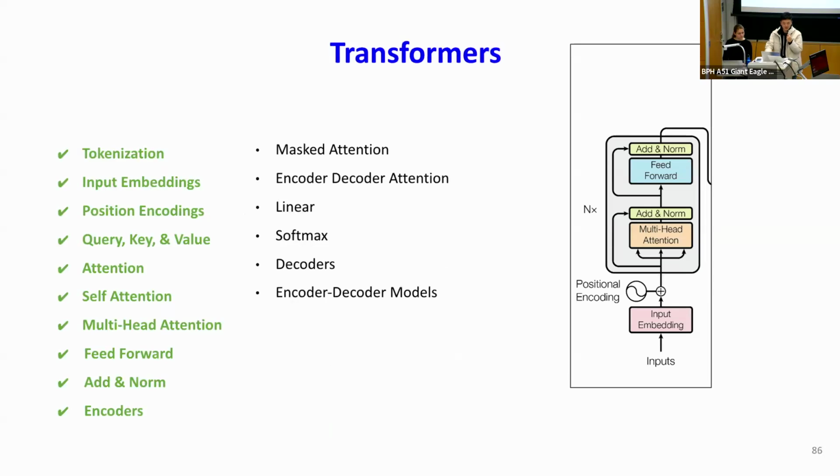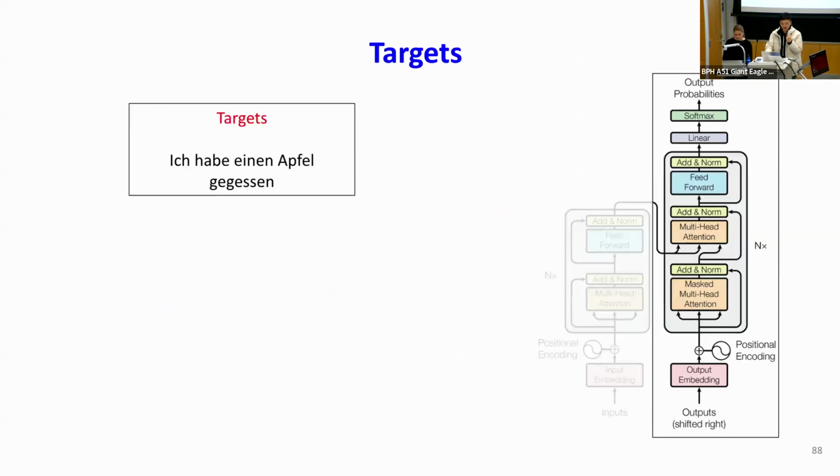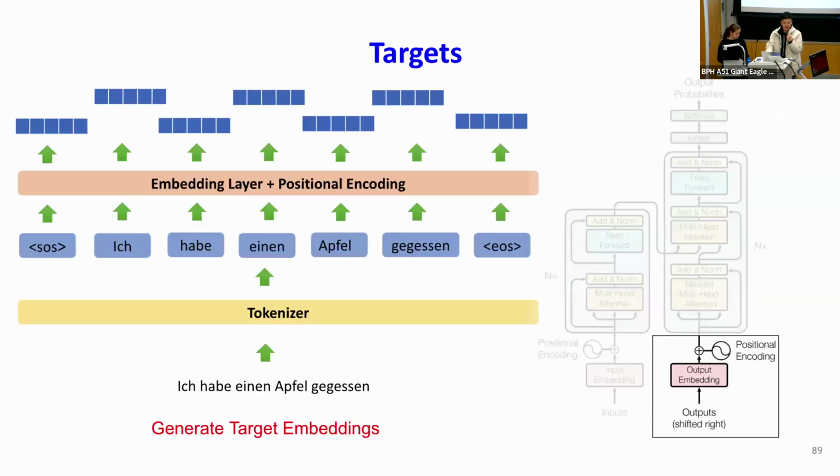All right. So so far we have talked about all these issues, and let's go back to our original machine translation example. So here, we want to translate English into German, or any other language. And so what happens is that we have the targets, and we want to make sure that the model has a big probability of decoding into the correct token when the decoder decodes its internal representations, right? And so what happens is that